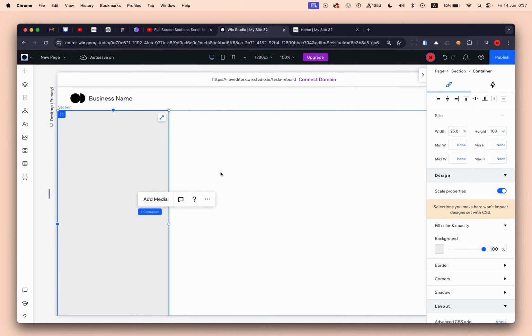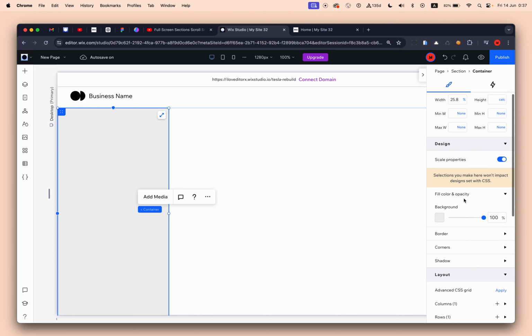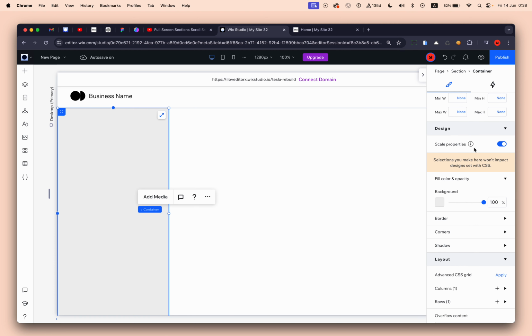If you have a premium site, you don't need to do it. Instead of putting 100 VH as a solid number, I'll do it in the minimum height. The reason is because I want to, sorry, no, my mistake. I'll go to the height, okay, but it should be 100 VH minus 50 pixels. This is important for you for troubleshooting or to understand what's going on. We don't need the scale